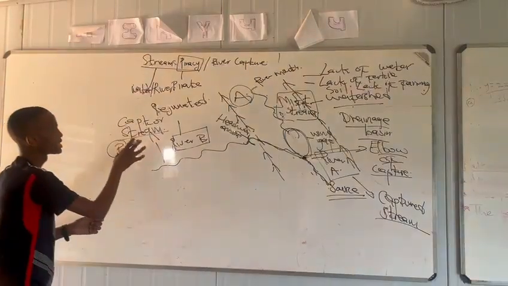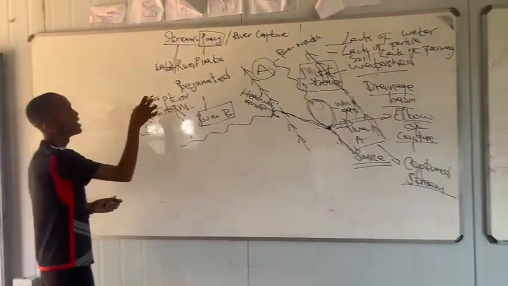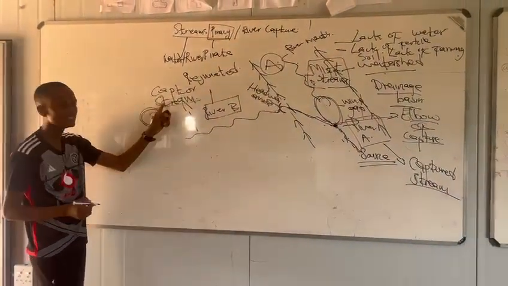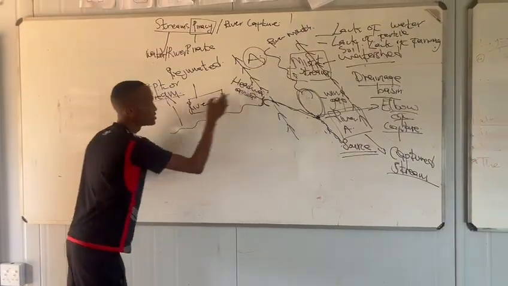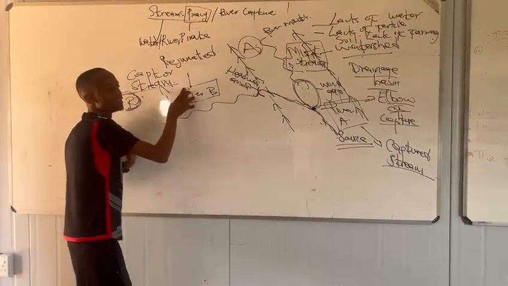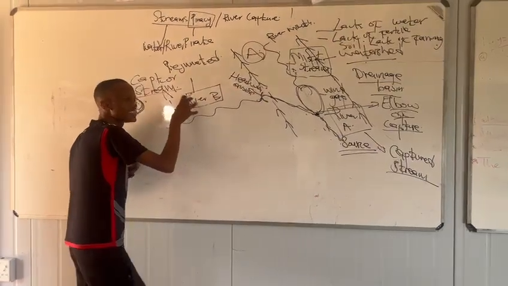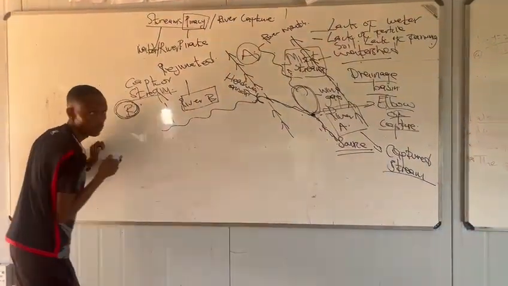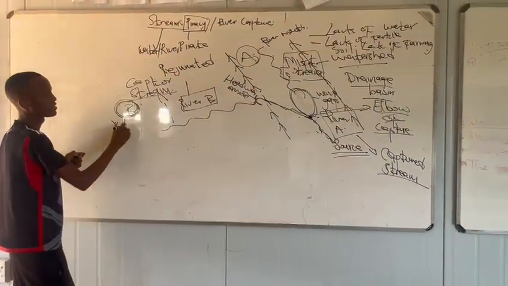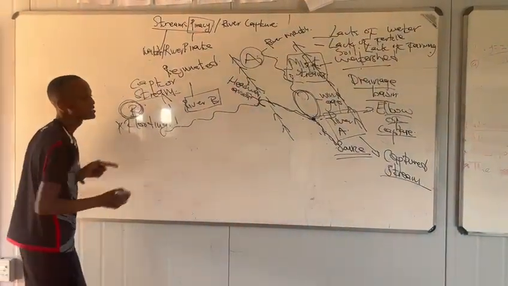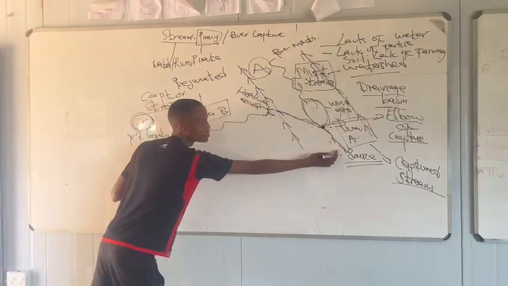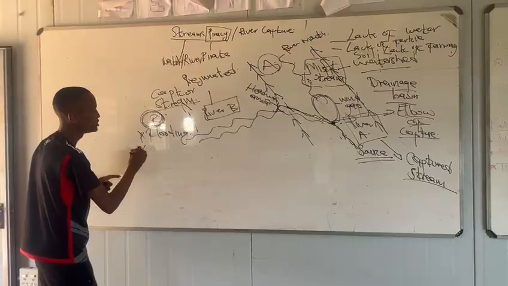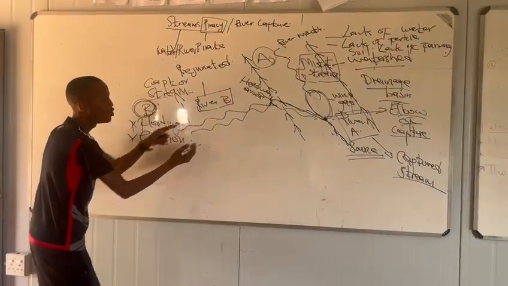Now, in terms of the capture stream, if you ask how will stream piracy influence people living in settlement B, which is living next to the capture stream? Because river B is now having more sufficient water due to stealing the water from river A, which is stream piracy, there will be flooding. So the people living in settlement B will suffer from flooding. However, as they suffer from flooding, because this water has changed direction, there will be some form of erosion that takes place. So this erosion now will deposit